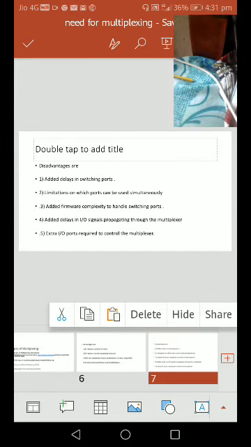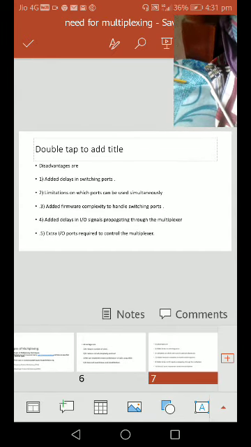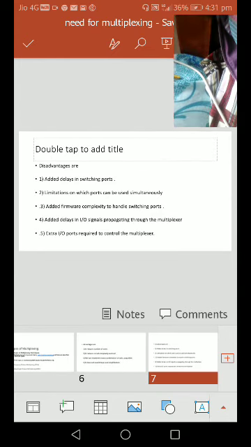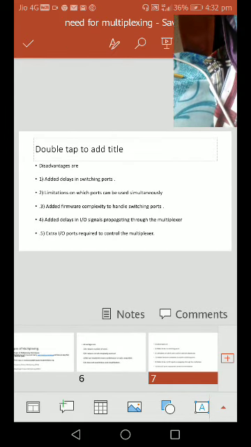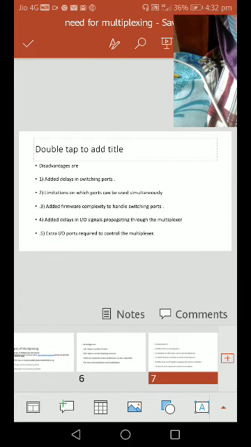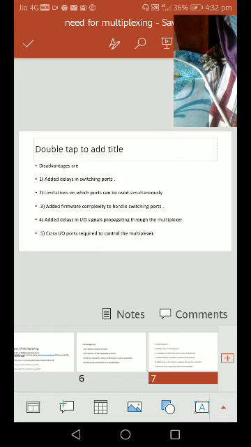And next, disadvantages of multiplexers. Multiplexers add some delays in switching ports, and in computer network switches. Many switching techniques are there. One is